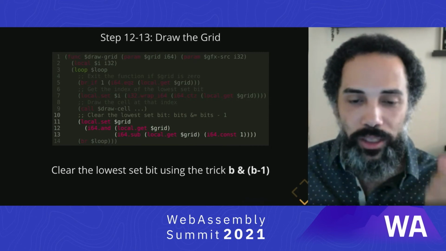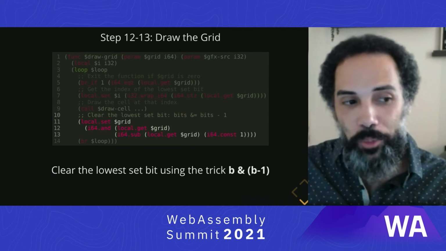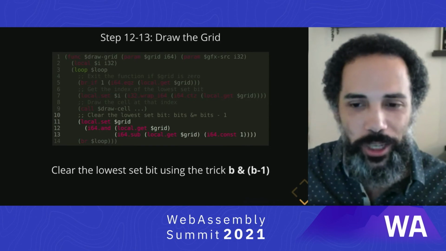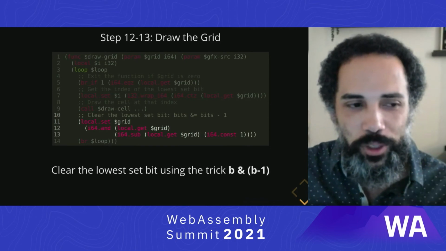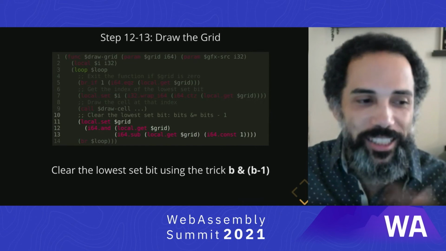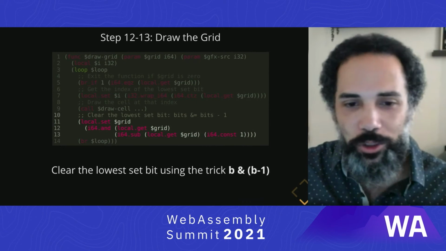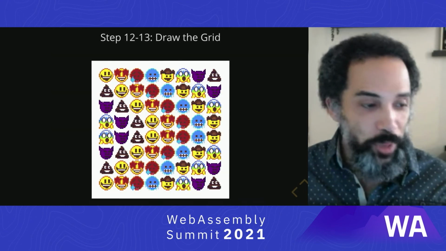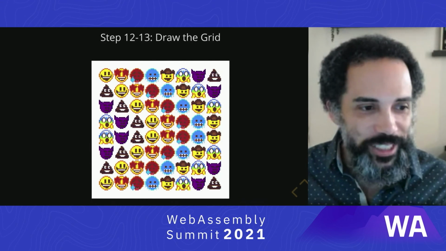If you take the number and you AND it with the number minus 1, that'll clear the lowest bit. Takes a little bit to understand why this works, but you can read some online documents about how this works. And this is another nice little trick that you can do to try and keep things small in WebAssembly. Okay, and so now what we have is this beautiful grid of emojis.